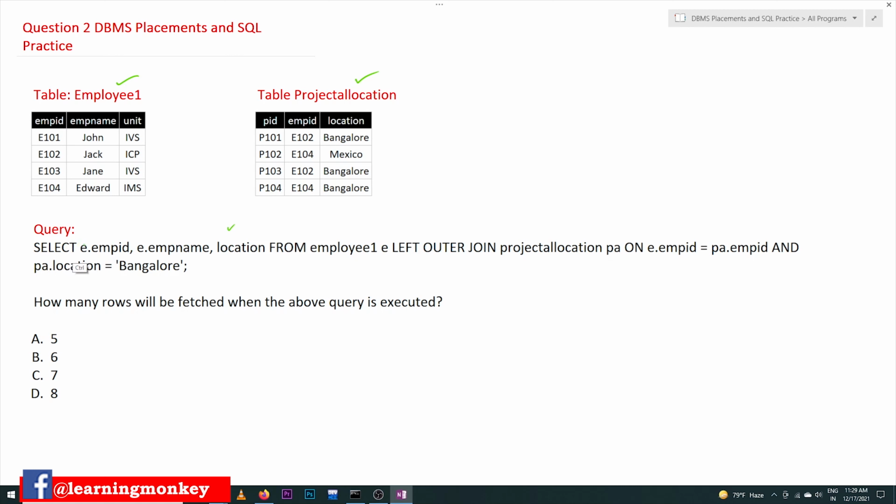So here, select e.empid. Before that, E is the alias name for employee 1 and PA is the alias name for project allocation. What we want to print is the employee ID from this table, the EMP name from this table, and the location from this table.